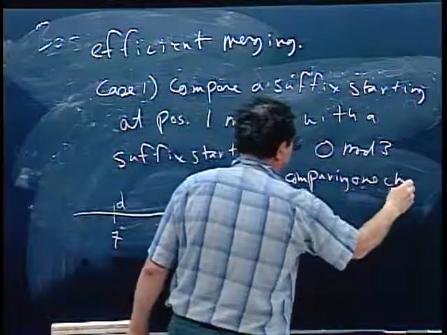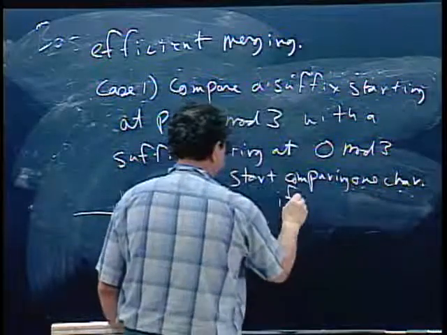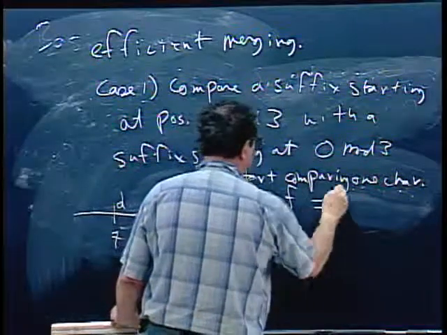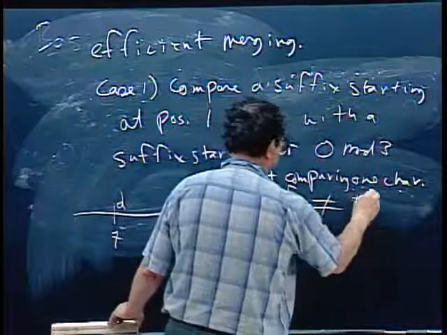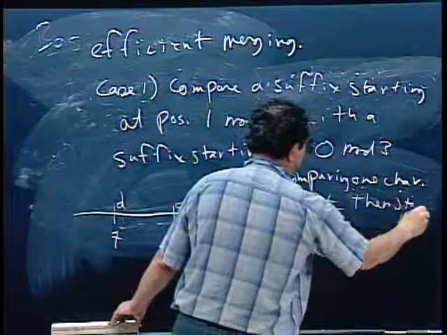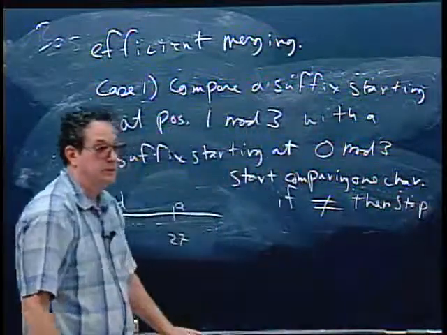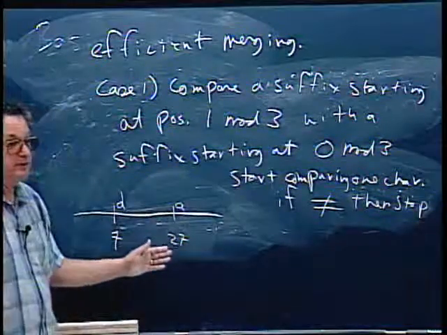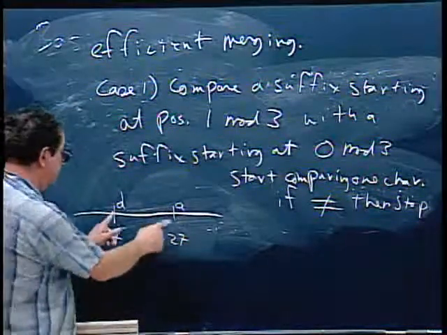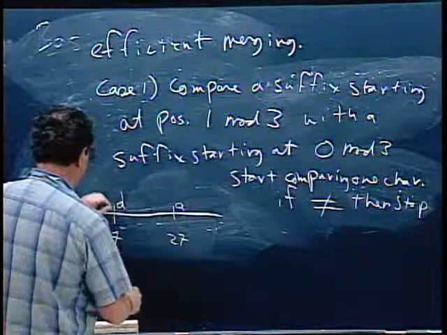One character. If different, if those two characters are unequal, then we can stop because we know which of those two substrings is lexicographically smallest. Okay? Just based on one character. But if they are equal,